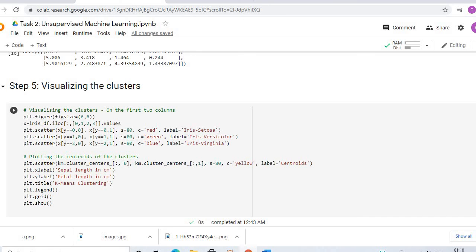After that we will plot the centroids of the clusters. For that we will use kmeans.cluster_centers_ in all the rows and first column. Similarly for the second column, size 80, color yellow and labeled as centroids.